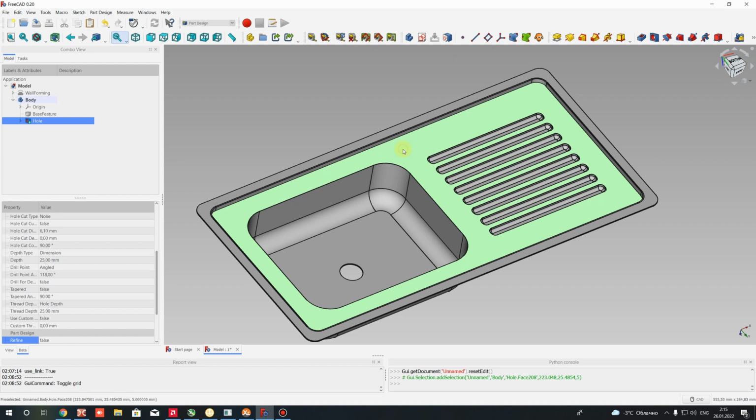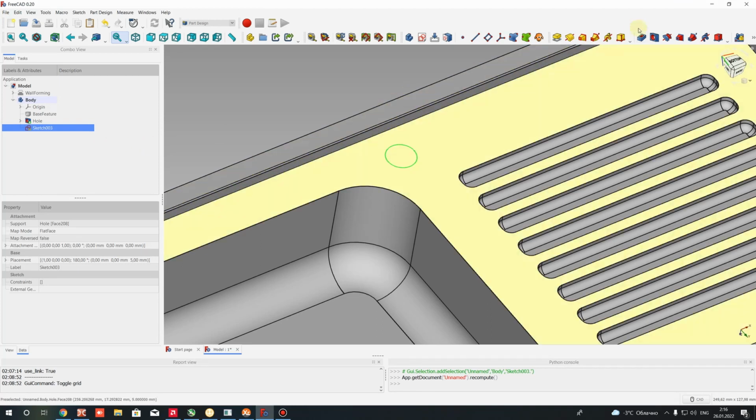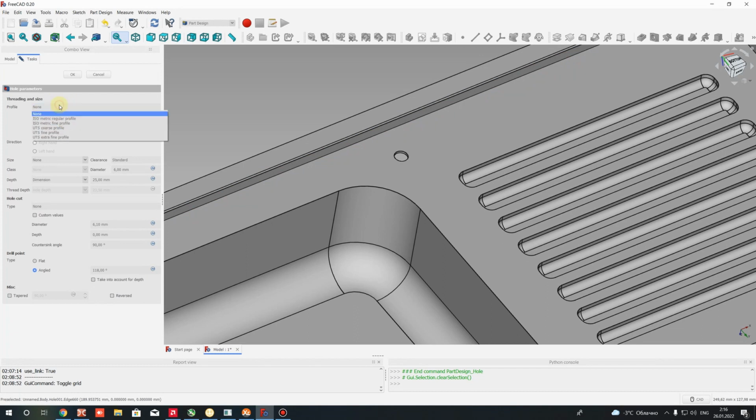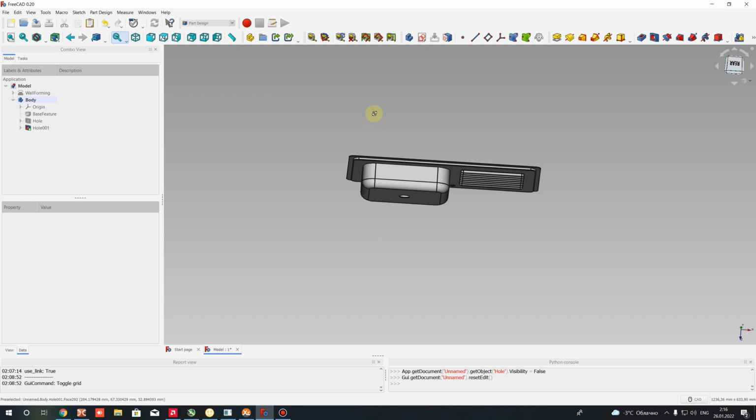And I think let's create one more hole here. Let's choose this face, let's choose the sketcher, and let's return white lines here. Click the toggle construction geometry tool. Let's create a point. I will set a random position where I don't want to set up this position here, and let's choose this point and create a hole. After that, let's also use the metric regular profile, and let's set, for example, M8. Okay, maybe M10. Press OK, and now we have finished creation of our kitchen sink